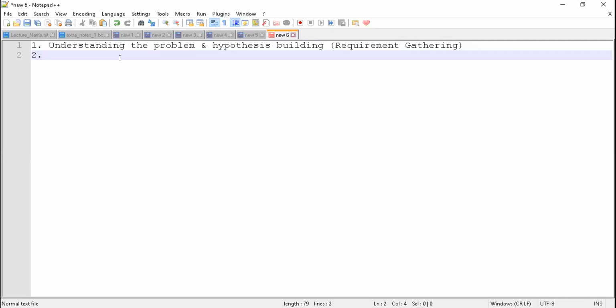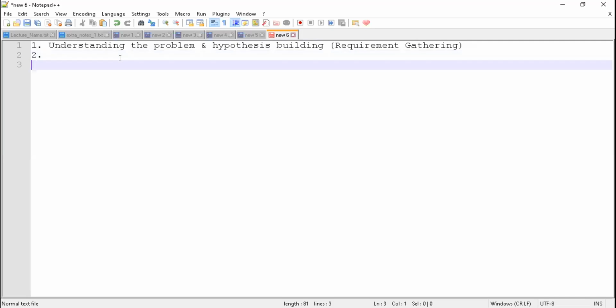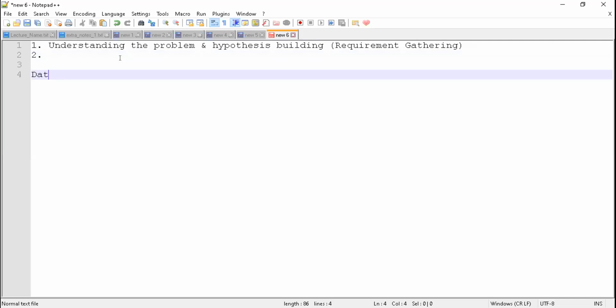Now, when I say us, it is not only one person who is usually responsible for it, unless you tell me you are working in a startup company. In a startup company, yes, that may well be the case. But in medium or large scale companies, you will have multiple people in a data science team, right? So usually a data science team is going to consist of people like a manager